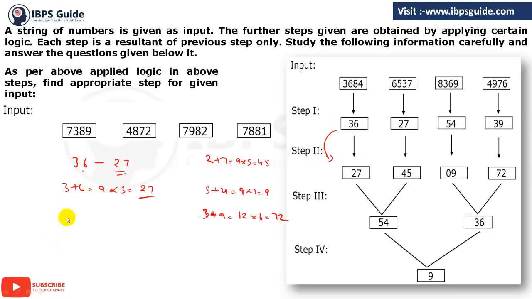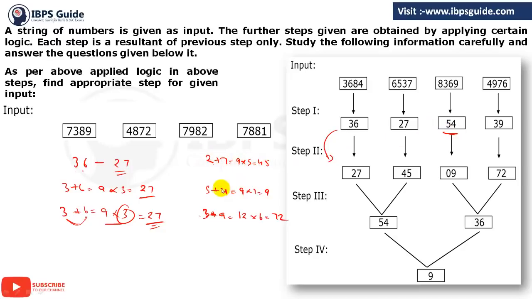See how? First of all, 3 plus 6 that is 9, and you multiply by 3. Why are you multiplying by 3? Because this is the difference between 6 and 3, that will form 27. Clear? Now here is 27, so 2 plus 7 that is 9, and the difference between 2 and 7 that is 5. So 9 5s are 45.